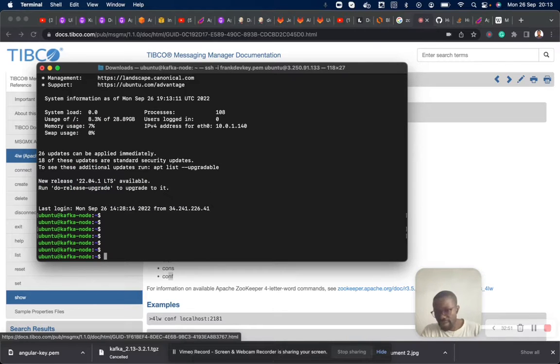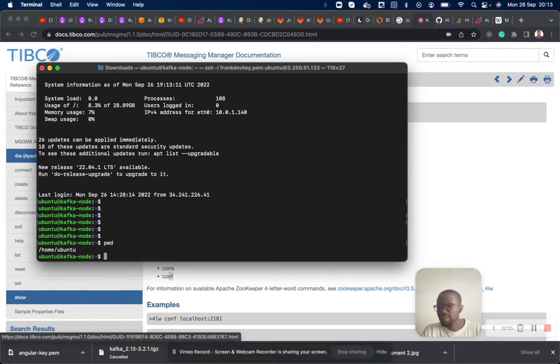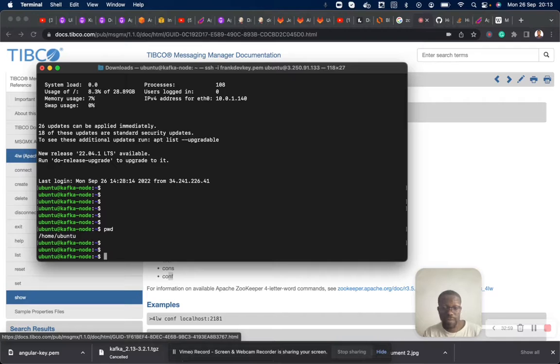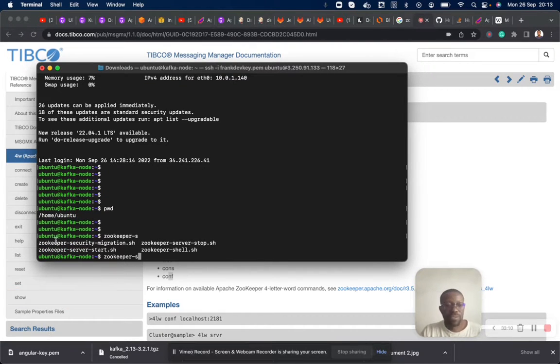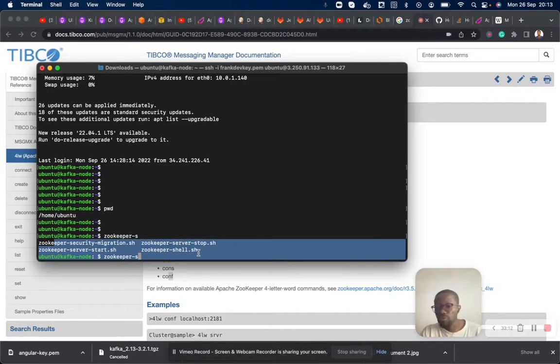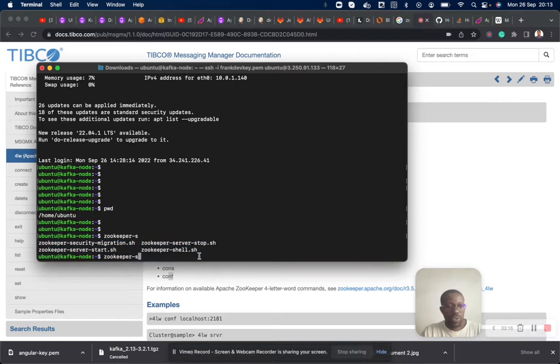Wherever I am now, I'm not inside of bin. You can see I'm inside slash home slash Ubuntu, and I can run any of those Zookeeper commands. If I type zoo and press my tab key, it will give me auto completion. If I double tap my tab key, I will see a lot of the Zookeeper script commands. I need to start the server.